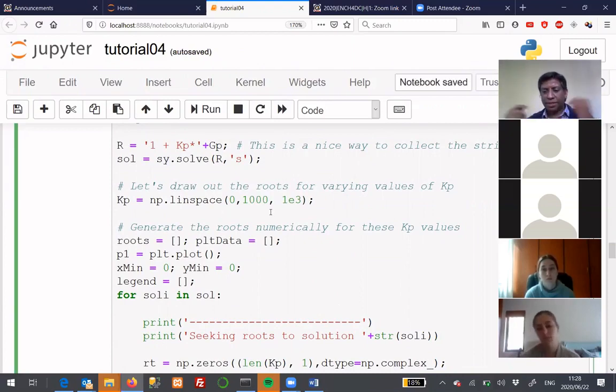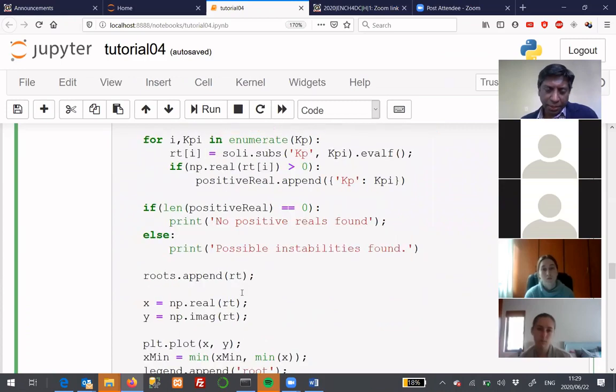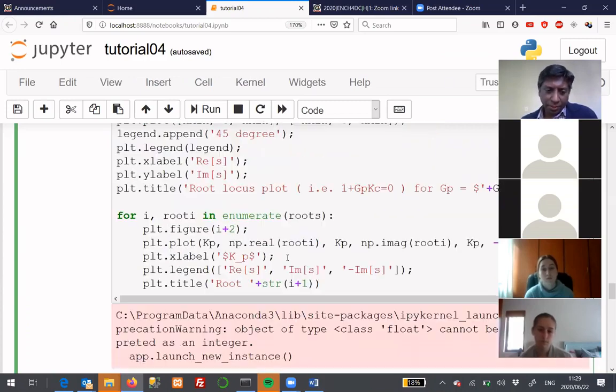Up to now, we looked at just a single value for Kp. What we are doing here is generating a range of Kp values, and we are looking at what the solution is doing after that. You can read up in the code, and I think I wrote more notes for this in the solution. You can look at what all these things mean in the code. But basically,